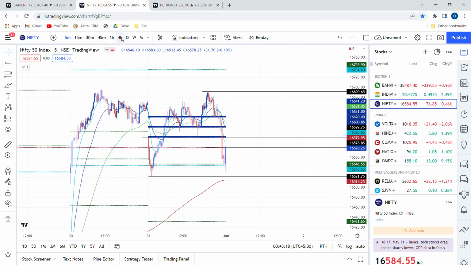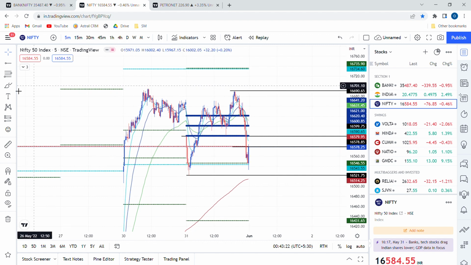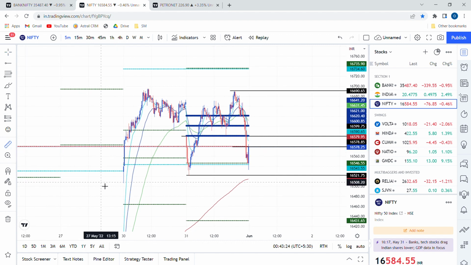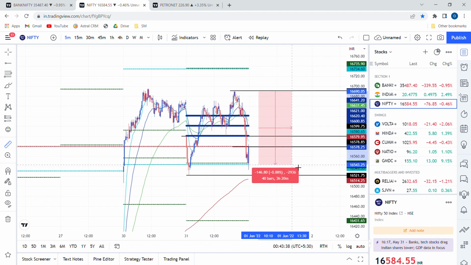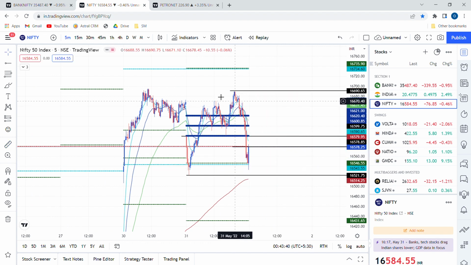And in the higher time frame, we would be looking for key supply and demand levels, which are generally these levels. Here, this level is a strong demand zone, and here this is the strong supply zone from where the price reversed today. So this is going to be a very strong supply zone. This is a very strong resistance that is being formed.